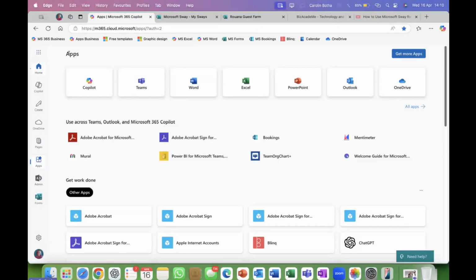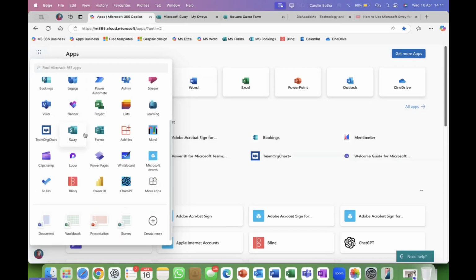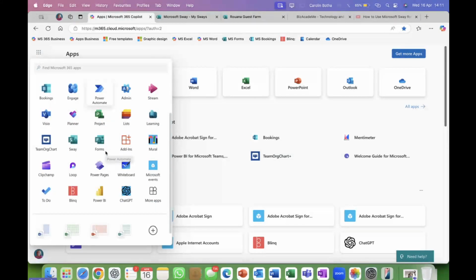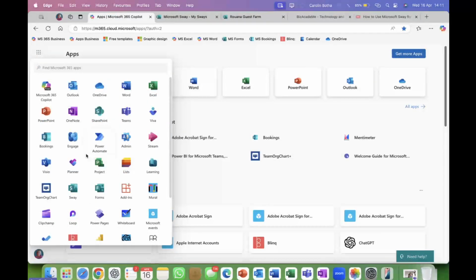Then on this landing page of Microsoft 365, in the left-hand corner, you will have your app launcher. It's three by three, nine dots. That's the app launcher. Once you click over there, it will show you all the apps, and we do many of these master classes on these particular topics that you see over here.